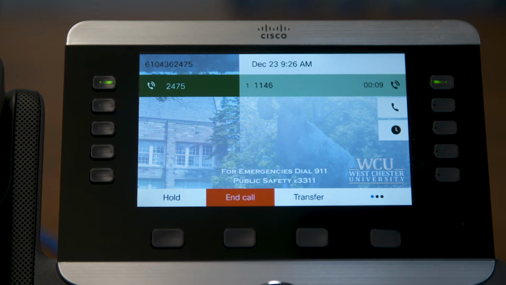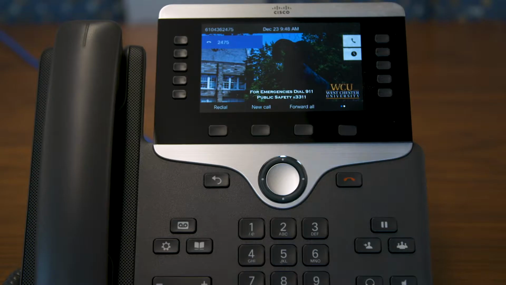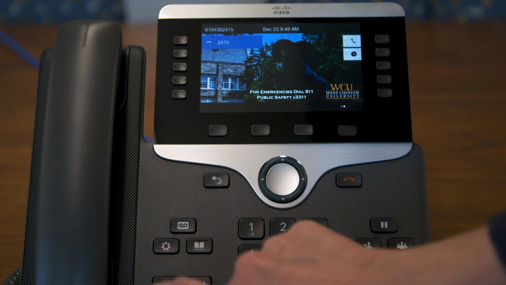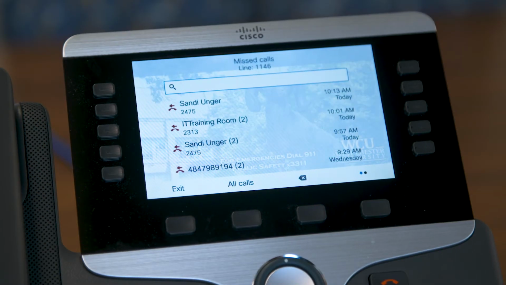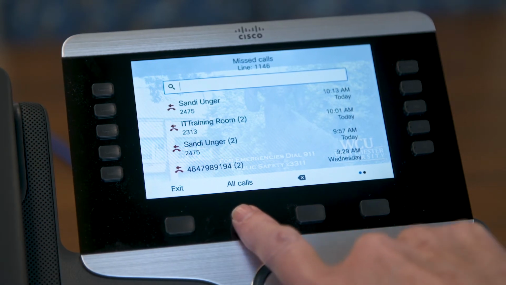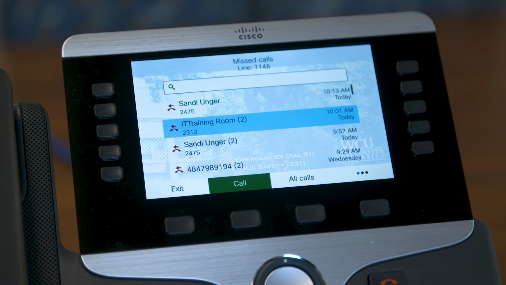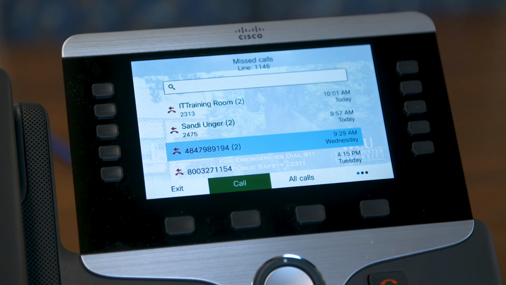To view missed, placed, or received calls, press the Applications button and use the navigation cluster to select Recent. You can sort by missed calls or all calls using soft key options. To dial from the call history, with the navigation cluster, scroll to the call and press the Select button or